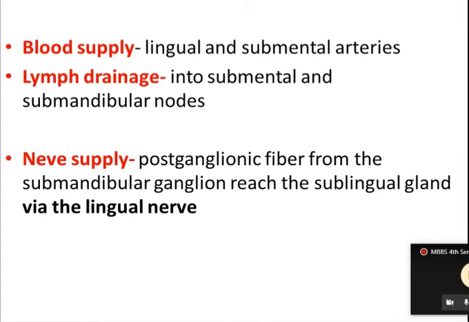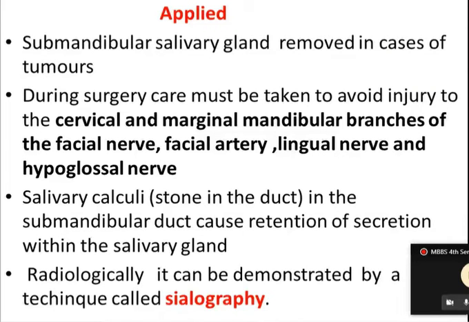So the applied aspect is, the submandibular salivary gland is removed in cases of tumor. If there is a tumorous lesion in the submandibular salivary gland, we have to remove it. During surgery, care must be taken to avoid injury to the cervical and the marginal mandibular branches of the facial nerve, facial artery, lingual nerve and the hypoglossal nerve, because the submandibular region or the submandibular triangle is